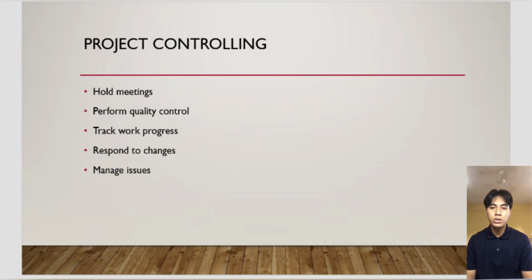Next is performing quality control. By controlling project quality, it is possible to confirm that the product is complete and developed in line with expectations. Quality control involves business and technical staff in a range of activities such as defining technical standards, setting business expectations, establishing product requirements, and many more. Quality control starts when a project is initiated and lasts throughout the entire project life cycle until the product is developed and handed over to the customer. It aims to ensure that activities and tasks